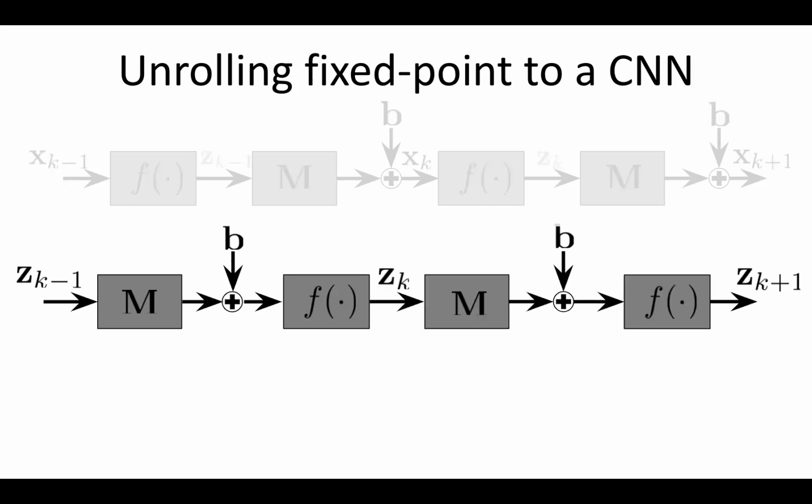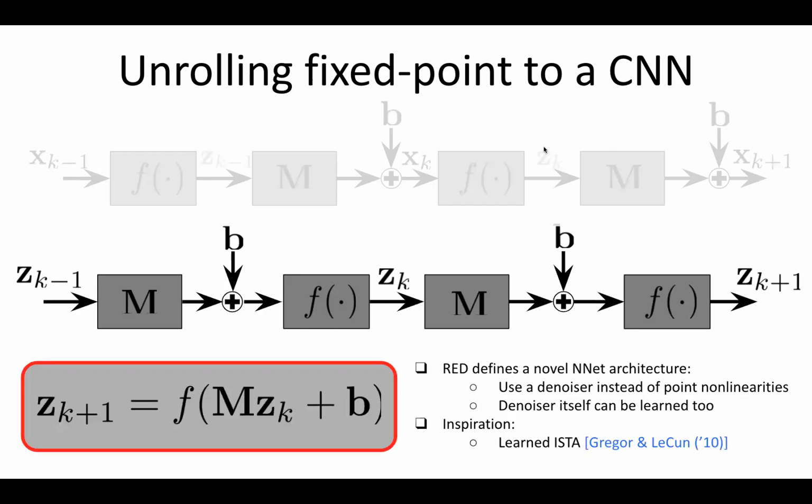So if I do that, I can write in this fashion. And what you see here is that Z_k comes in, a convolution is applied to it, a bias is added, and a nonlinearity is applied. And then the same thing is repeated again and again. And so you have Z_{k+1} equals nonlinearity applied to convolution applied to Z plus a bias. This looks pretty much exactly like a neural network architecture, the CNN architecture that you're familiar with, except for the